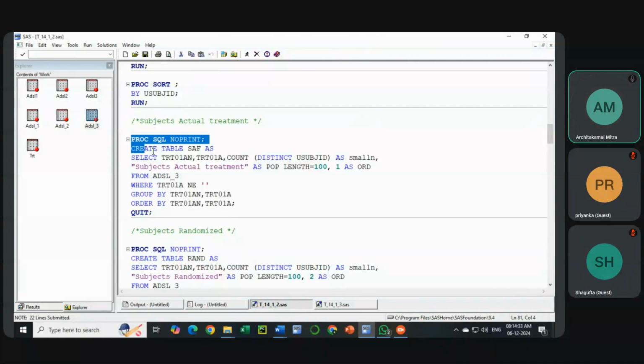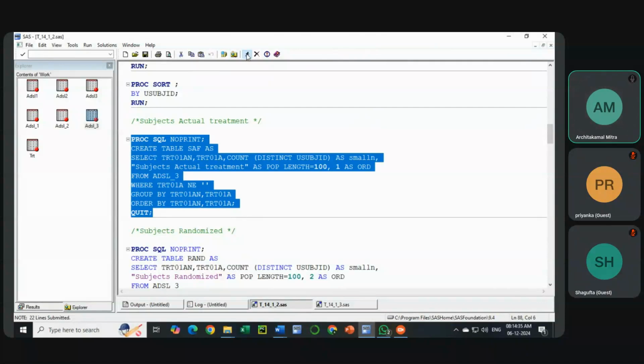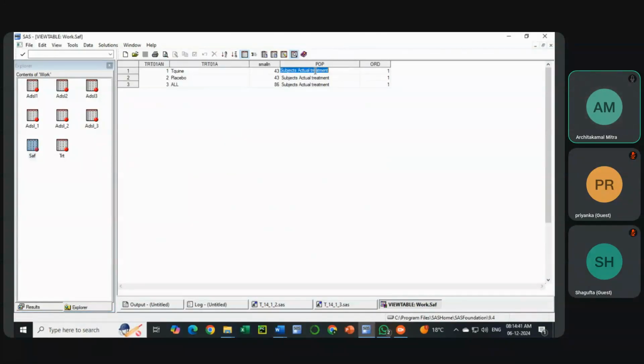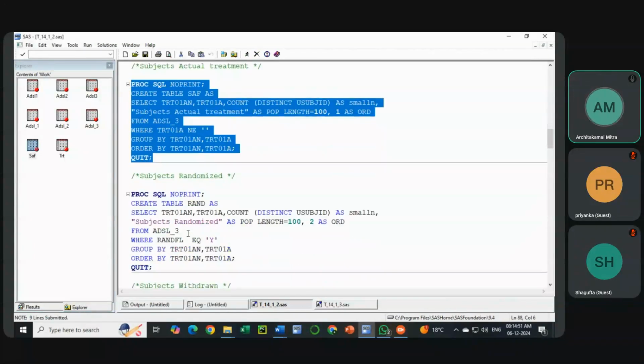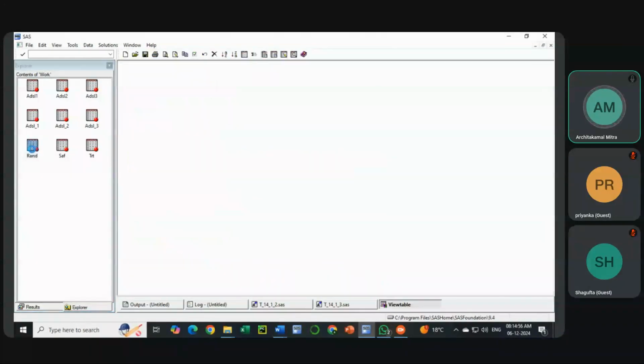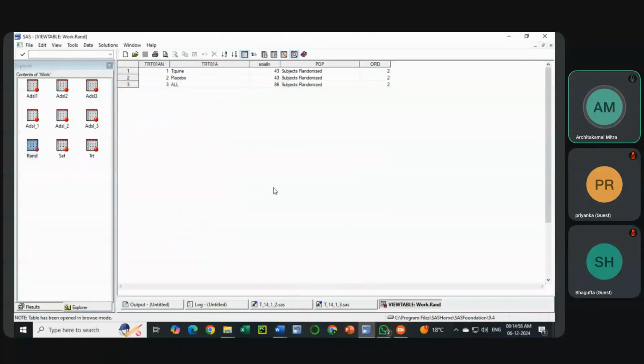So now I'll just go one by one. See the number of counts here. These are just simple counts. This we have done previously as well. SAF, so let's see SAF. Subjects by actual treatment: 43, 43, 43. So 43 people were actually given the treatment. For placebo, in total it is 86. Now let's see the subjects randomized, if we have the same thing or not. Randomized: 43, 43, 86. So the number of people who were randomized,